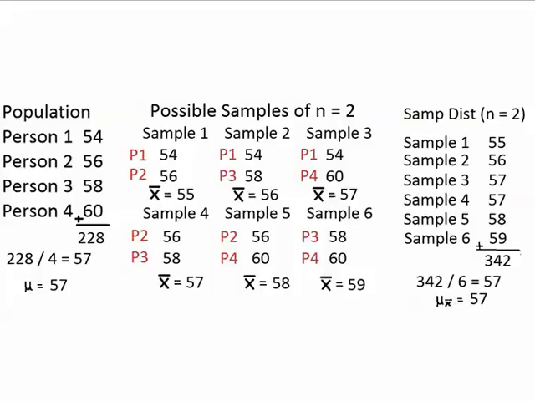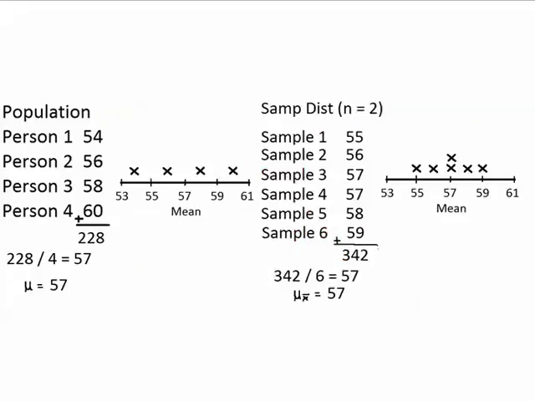Let's now look at another example of how the mean of the population always equals the mean of the sampling distribution. Let's go to our, well,